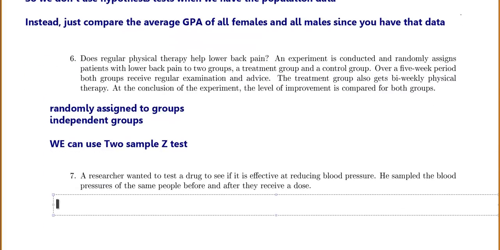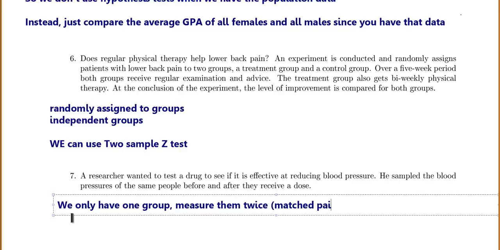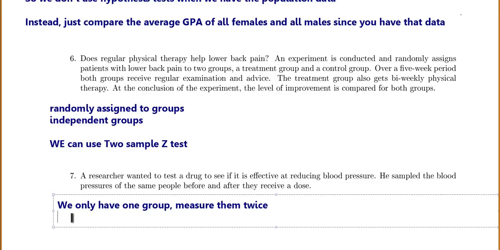And number 7, a researcher wants to test the drug to see if it's effective at reducing blood pressure. He sampled the blood pressure of the same people before and after they received a dose. So this one, we only have 1 group and we measure them twice. So this is kind of that matched, well, it's not exactly matched pairs because it's the same person, but we're doing it twice. So these are not 2